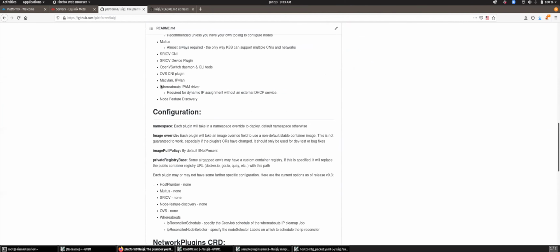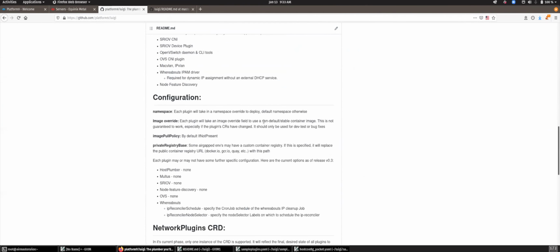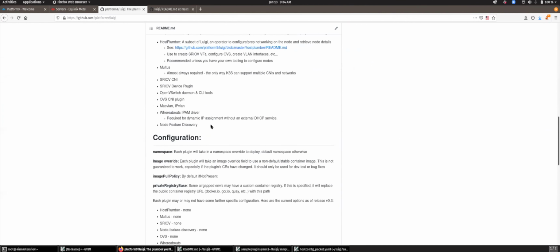What can you do with these plugins besides deploy them? You can configure a few aspects of these. So you can give a namespace or an image override. By default, Luigi will test and validate a stable release of these plugin versions, and it'll take care of deploying them for you. You just have to say you want to deploy it.